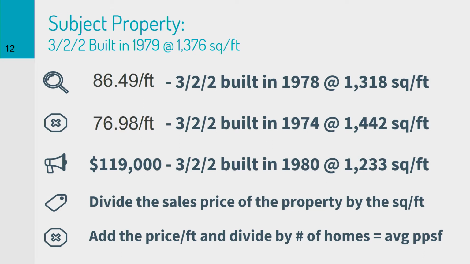Maybe it was backed up against a park or something like that. It had some additional amenities, or maybe for whatever reason, that's just what they sold for. Right. Okay. This third property we're looking at was $119,000, and it was 1,233 square feet. That particular property, we're just going to say it was beautiful. Really well done. The other two were nice, but that last one was just a smoking hot, beautiful job, and it sold for $96 a foot.